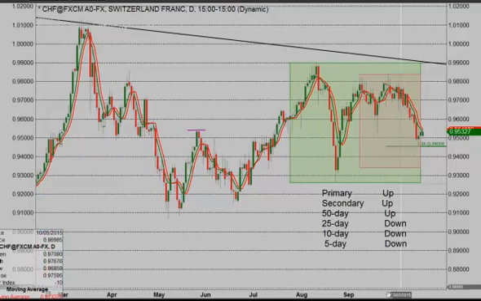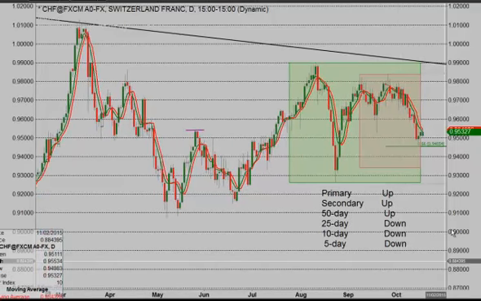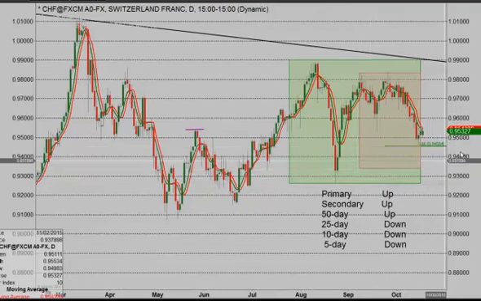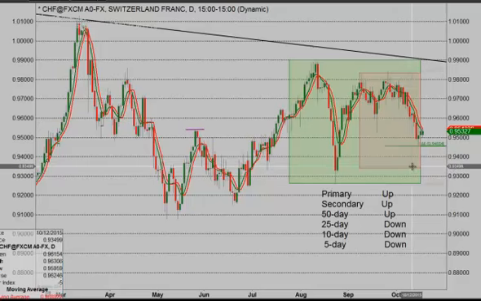Short-term trader, you're still selling rallies. Short-term trader, swing trader, you're still on the short side. Boy, it's a big difference between a trader and an investor. I will tell you that for sure. Investor, longer term, you're curious, you're tracking that level there to see if it holds, but more than not, you're focusing down around that 93 level for potential entries if you're a longer term trader or investor. Thing to keep in mind: the dollar Swiss, secondary up, primary up.